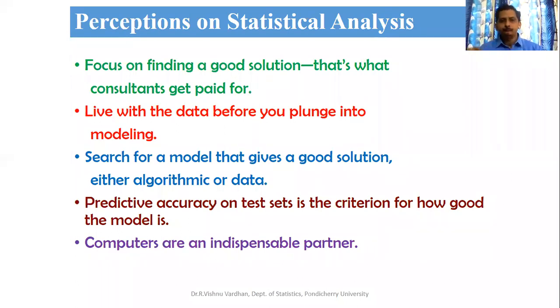Okay, we will speak more and more about regression modeling when we take the concept of multiple linear regression and simple regression. But now the thing is, predictive accuracy on test sets is the criterion for how good the model is. This is what I have explained for a couple of minutes now: the model's R square and the model's mean square error. The lower the mean square error, the better the model is to explain or to predict y. But to do all these things,